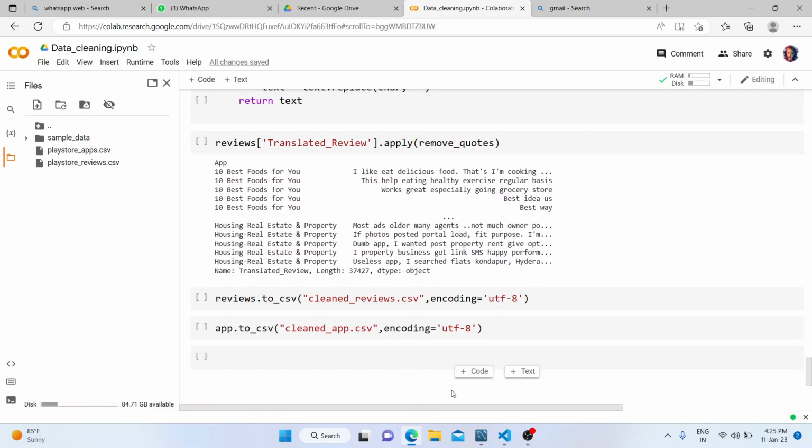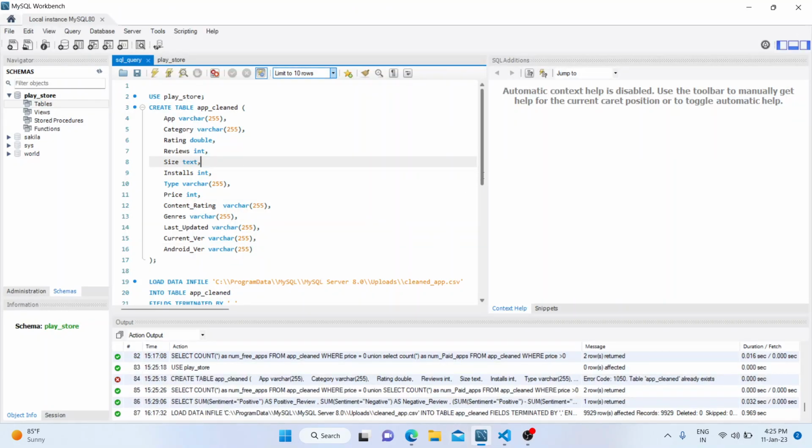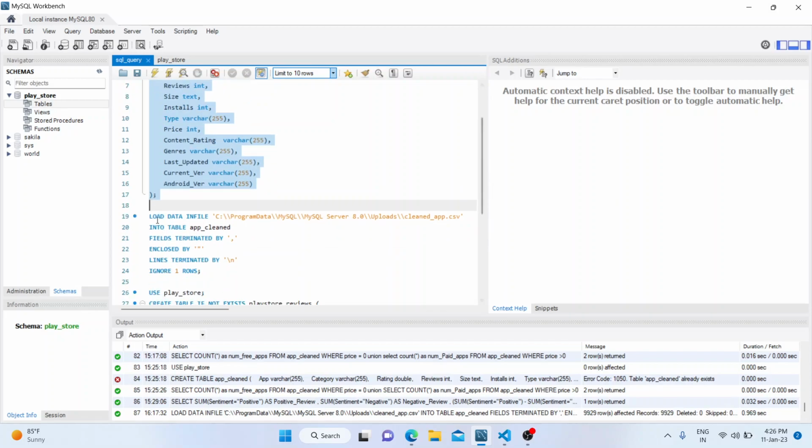After that, I have uploaded these clean data sets into MySQL. For uploading into MySQL, I have used MySQL Workbench. I have simply created a table with this command, and through this I have uploaded my CSV file into MySQL.